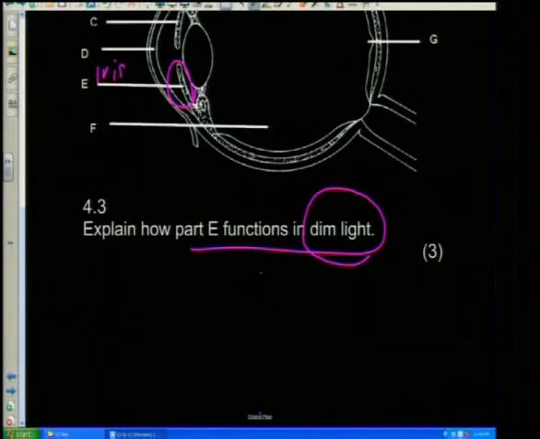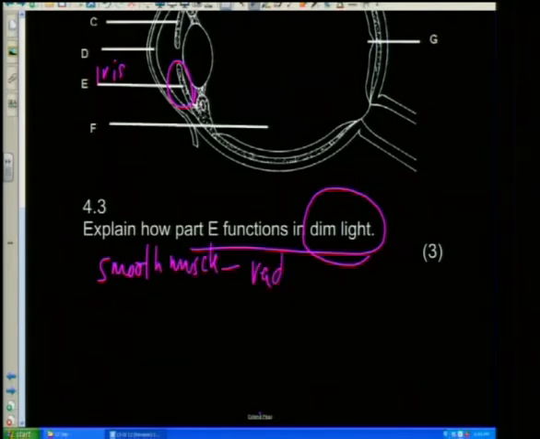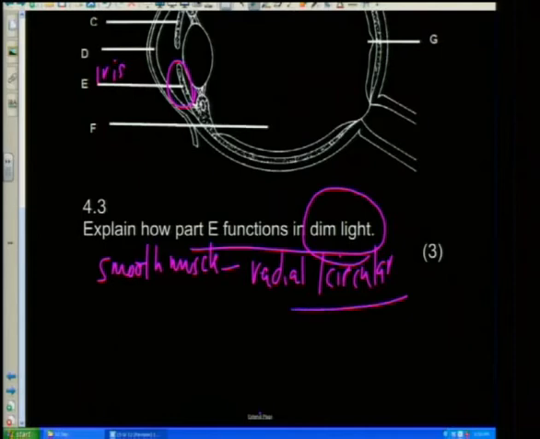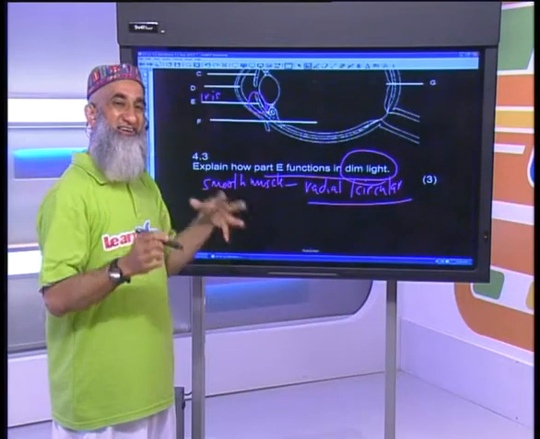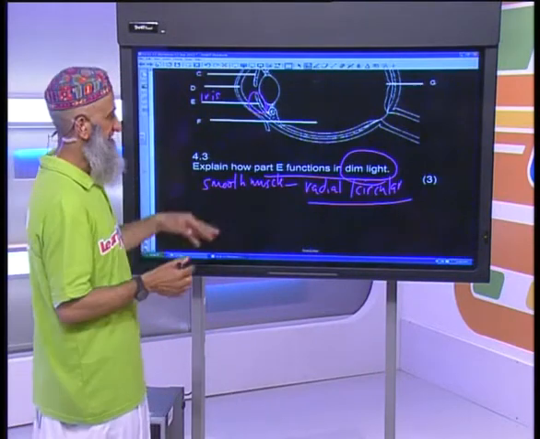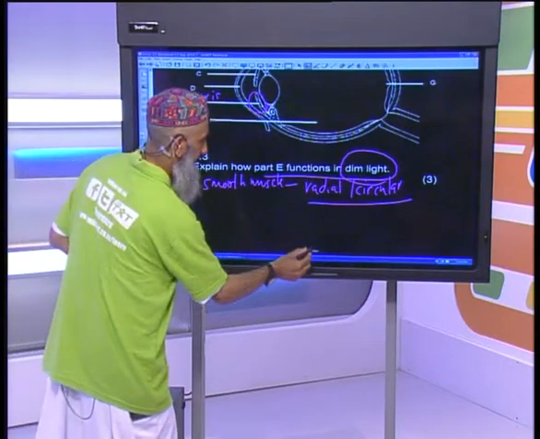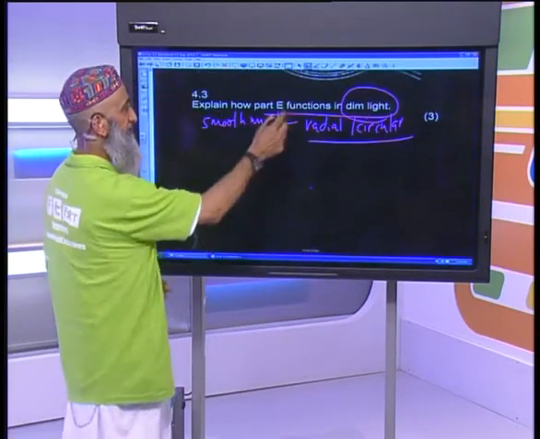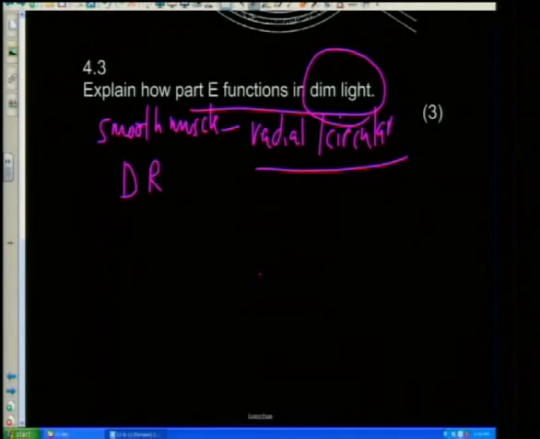The iris is made up of smooth muscle. That is radial and circular muscles. These muscles are antagonistic. If the one contracts, the other one relaxes. When the other one contracts, this one relaxes, and so on. Now, this one here, I remind my learners with a very simple thing here, debit and credit. So we want to know in dim light. There's where the D comes from. In dim light,